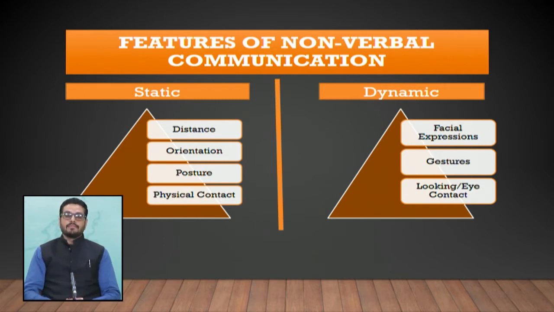For example, if I am looking straight into your eyes, that shows my confidence. If I am not able to meet your eye, that means I am not confident of speaking, or maybe I am lying, or maybe I am not comfortable speaking to you. But if I am looking straight into your eye, that means I am confident and comfortable both in my approach towards what I wish to say. Moving forward with it,